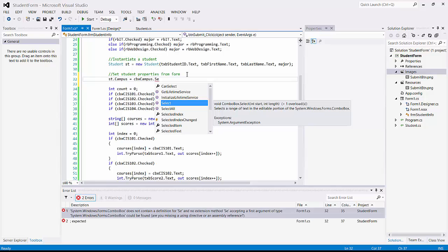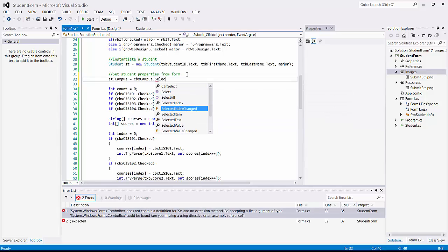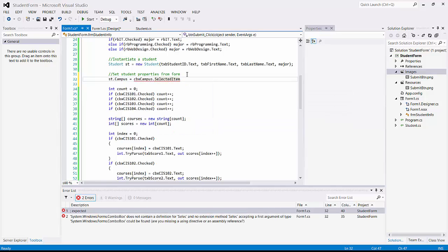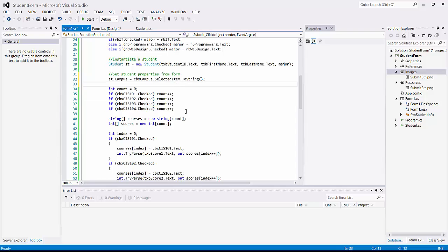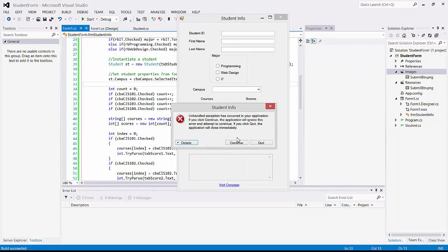And in order to get at the selected item in a combo box, you just change it to toString and it'll take whatever text is being displayed. If I save that, Control F5 and run it, hit submit,